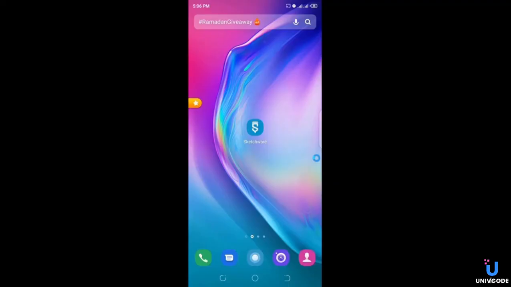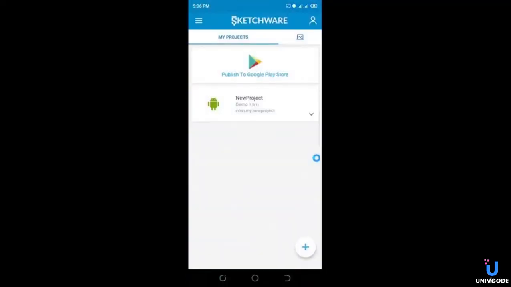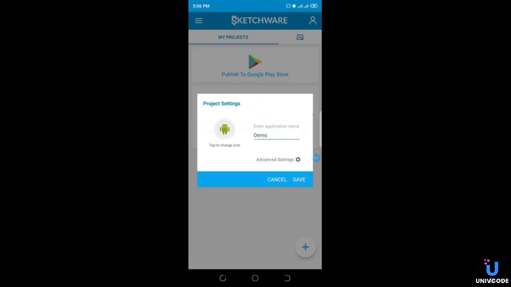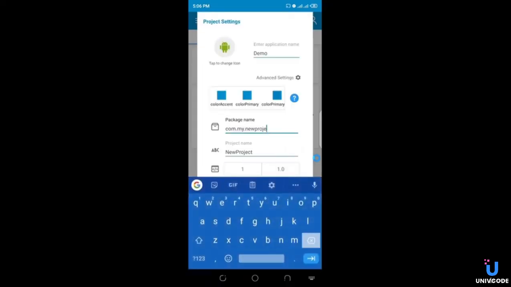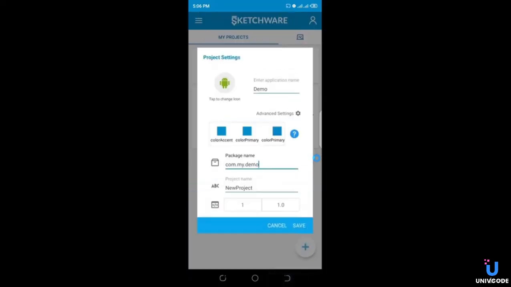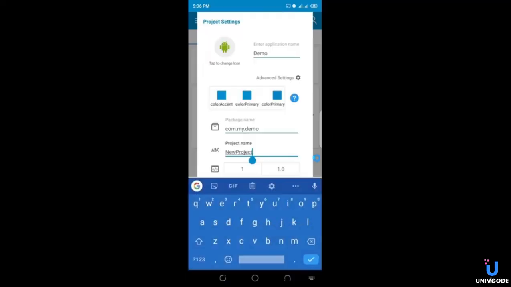Welcome back guys. So in this lesson we are going to do a very simple thing to configure our app, to give our app a custom package name and icon. So doing this with Sketchware is really very simple compared to when you are doing it with code. So basically what you are going to do is simply